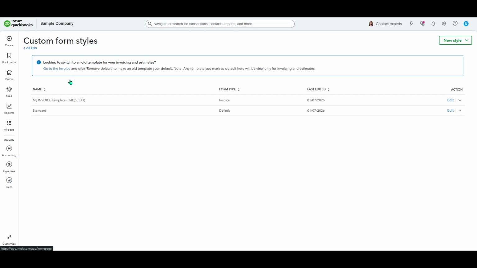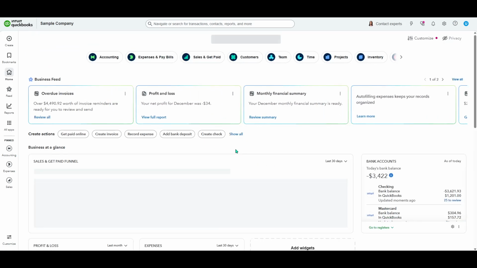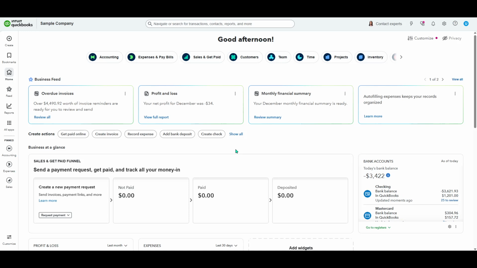In today's video, I'm going to teach you how to add your vendors to QuickBooks Online. If you're new to QuickBooks or just setting up your books, adding vendors is an important step. Vendors are the people or companies you pay for goods and services. Think suppliers, contractors, and utilities. Keeping them organized in QuickBooks helps you track bills, record payments accurately, and prepare for things like 1099s at tax